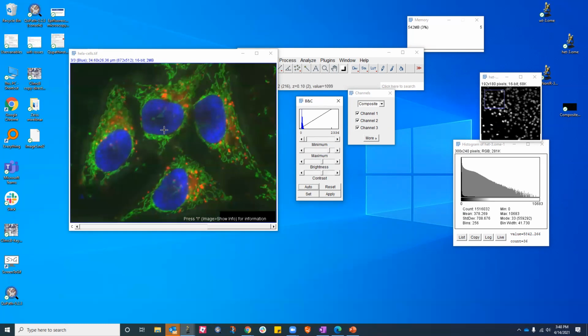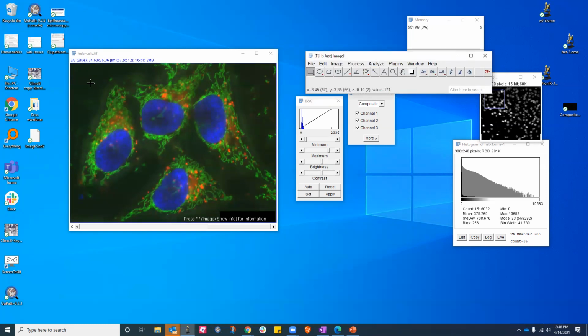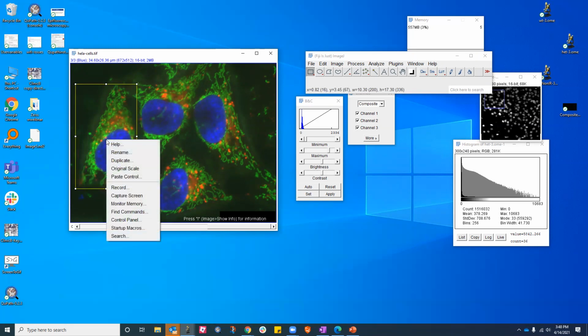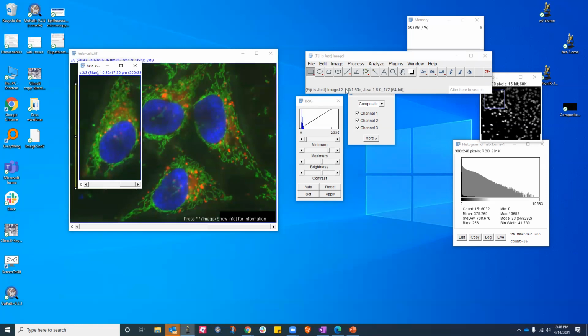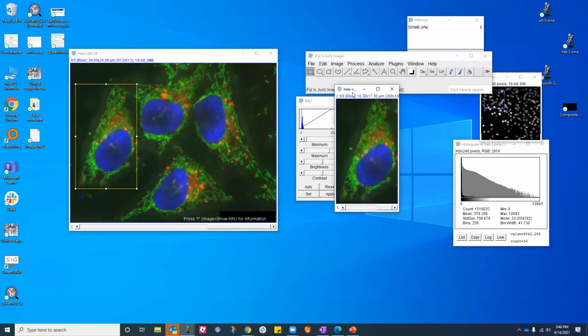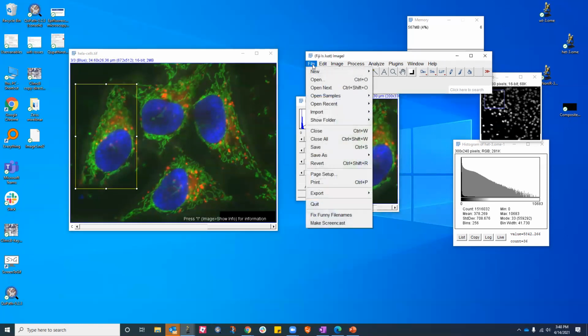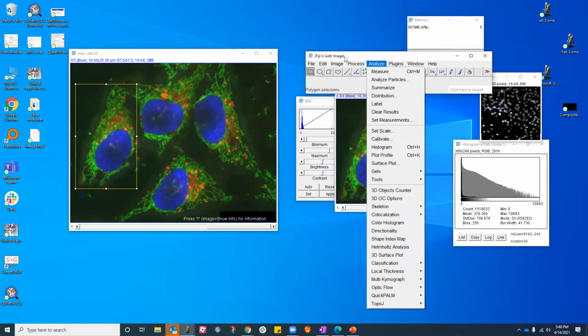Okay. All right. So again, let's say if I want to pick one of the cells and save one of the cells, I will use the rectangle tool, selecting my rectangle tool, right-clicking on that, duplicating that. It's asking me what channels I want, and I say, I want 3 channels. I said, okay, and I got 3 channels. All right. I can save this file, save as TIFF,